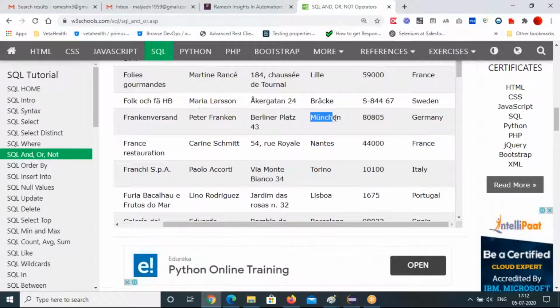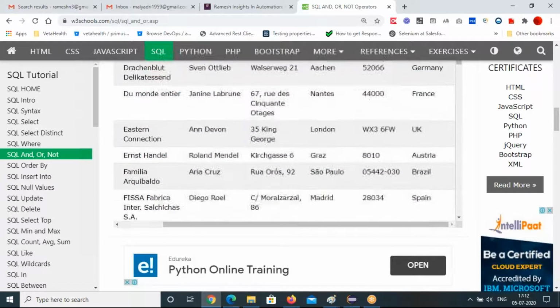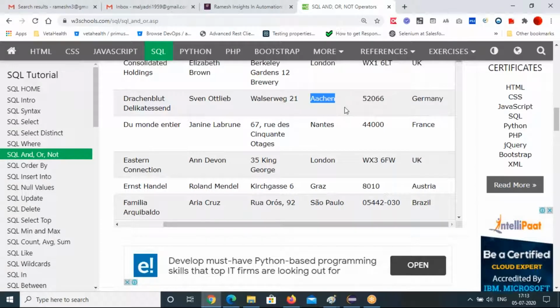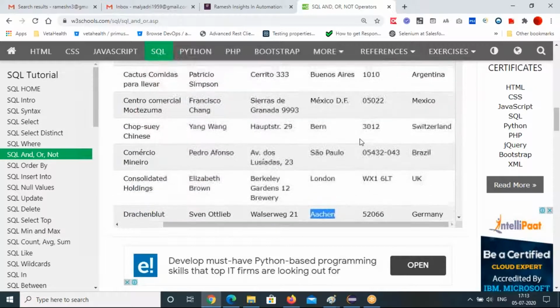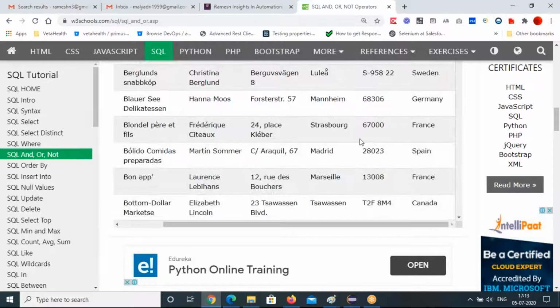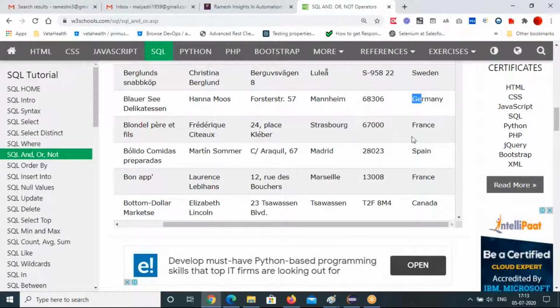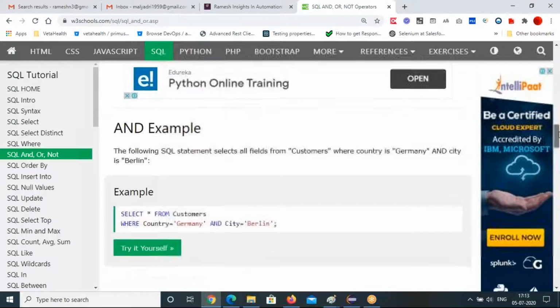With Germany you have Frankfurt, Brandenburg, München, Aachen, Mannheim. Right? So with one country, there are many cities.